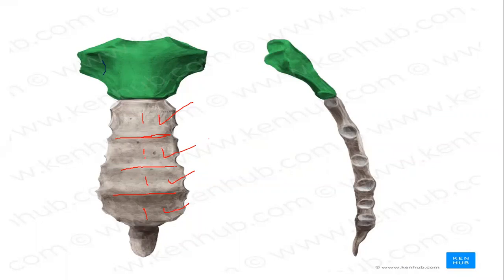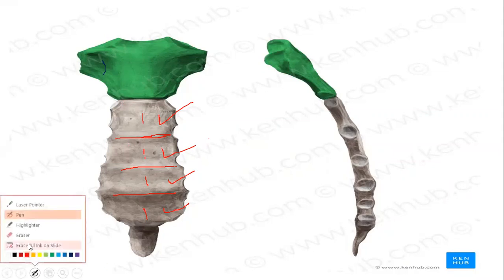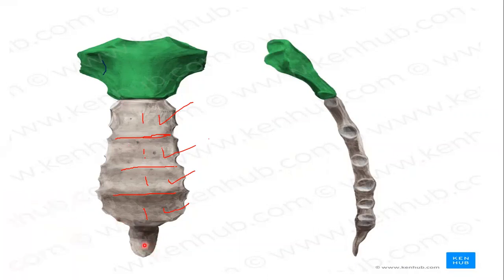We have four sternebrae, they join together and form the body of the sternum, right? In the infant, these sternebrae are present separately. After adulthood, these sternebrae join together and thus are converted into this elongated structure, the body of the sternum, right? Now we have this inferior downward projection. This structure is called the xiphoid process. The xiphoid process is actually cartilaginous in structure, and it becomes ossified when someone becomes adult, right?